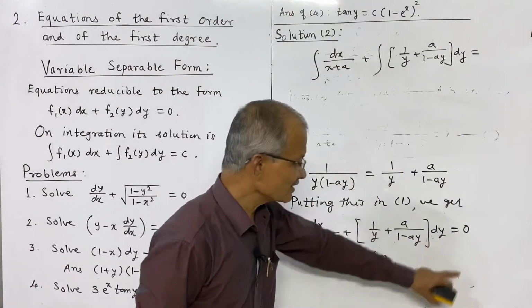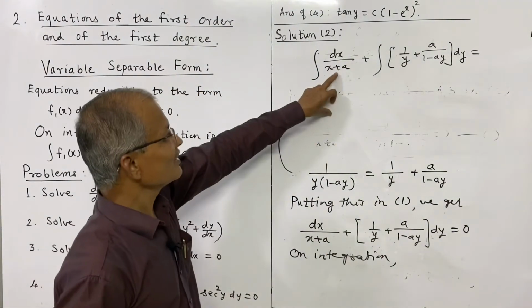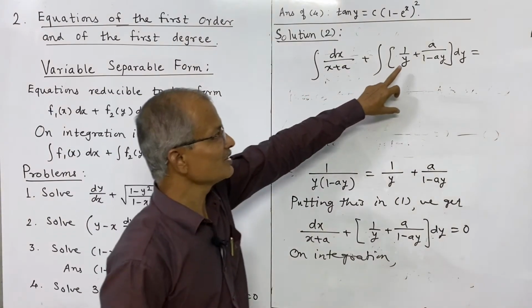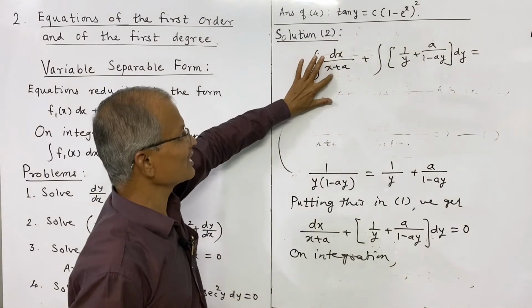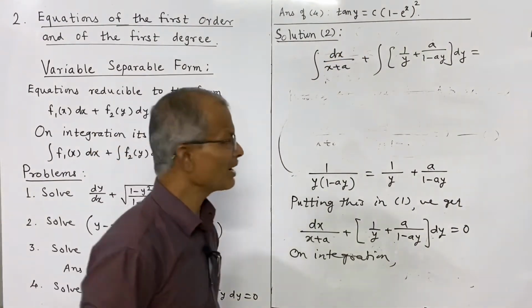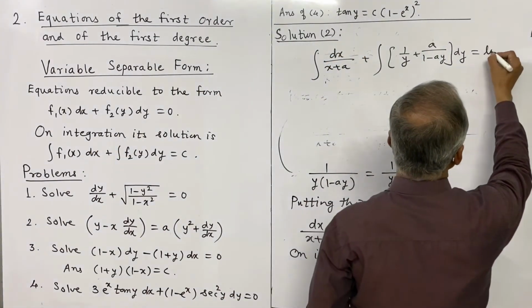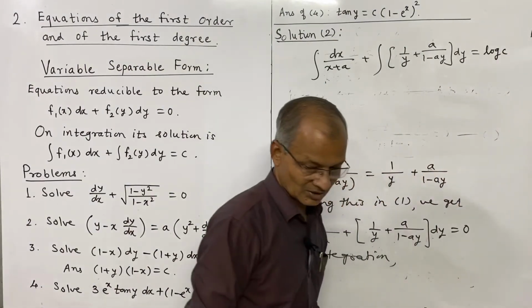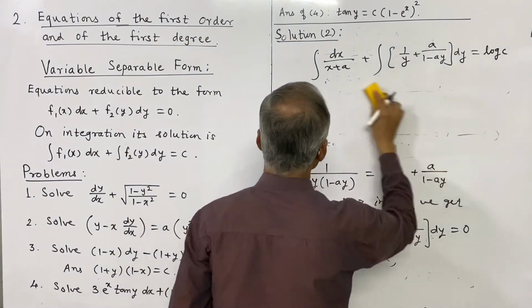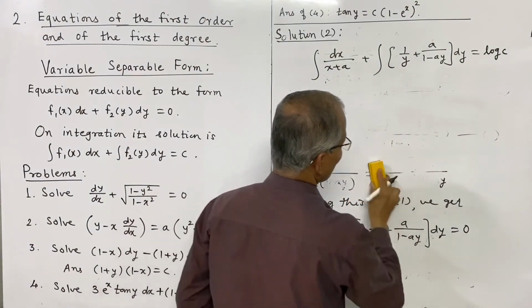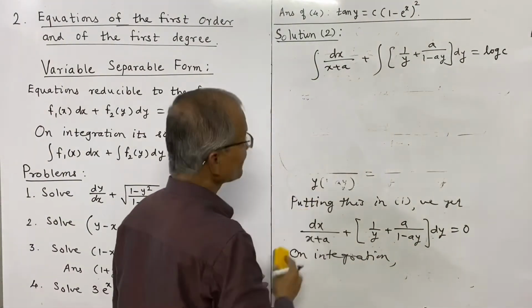And what is the right side? Right side, we see this is in terms of log, this integration is also in terms of log. Linear term is at the denominator, and therefore by formula it is in terms of log. So I shall write the constant of integration in terms of log, log of c. And now the values of the integrals are to be written, and that is,